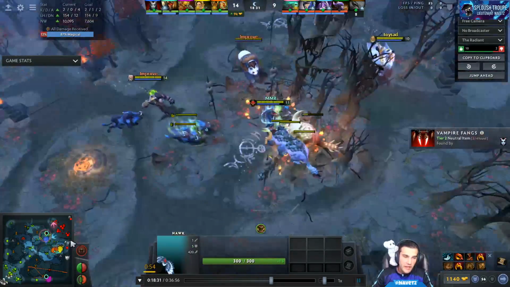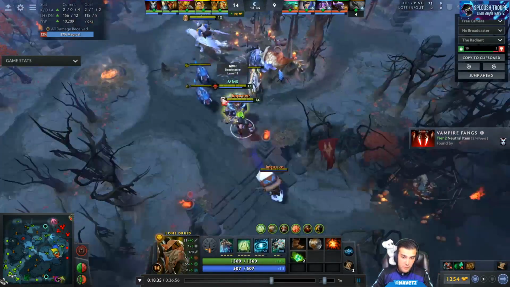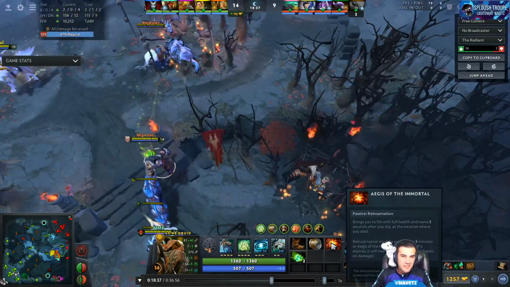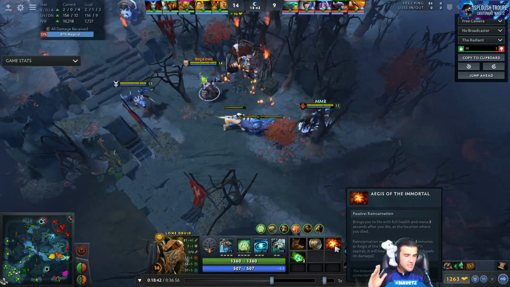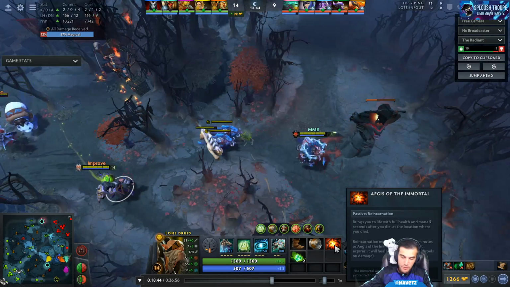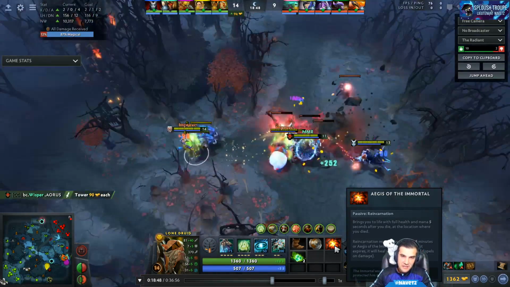Right now, they are ahead. They do have control of the map, so they have a pretty firm grasp of this game. And the Lone Druid also has the Aegis. Now, I personally don't love putting the Aegis on my Lone Druid, and the reason for that is because if